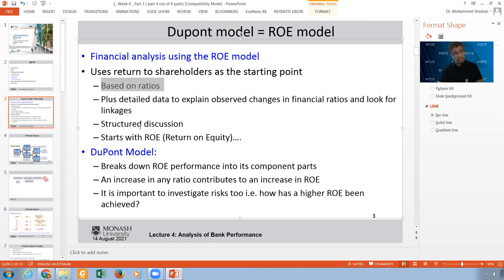It's not like the categories we had before, which is one of the problems with financial ratios. Every group of ratios is on a separate island, and you cannot connect the dots between them. So you will start with the ROE, return on equity. The ROE model and the Dupont model are very similar. Dupont is one of the biggest companies in the world, and in 1935 they developed this model which connects the return on equity, which is our final objective,